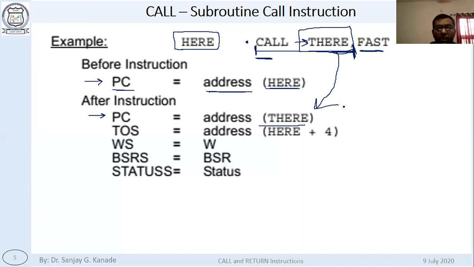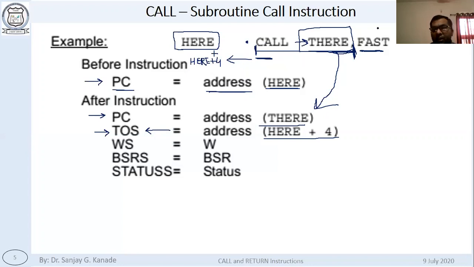The top of stack, as we have just seen, will contain the address of this instruction. Now what is the address of this instruction? If the address of call is here, then obviously the address of this particular location is here plus 4, because call is going to take 4 locations: 0, 1, 2, 3. So the address of the original next instruction goes to the top of stack.